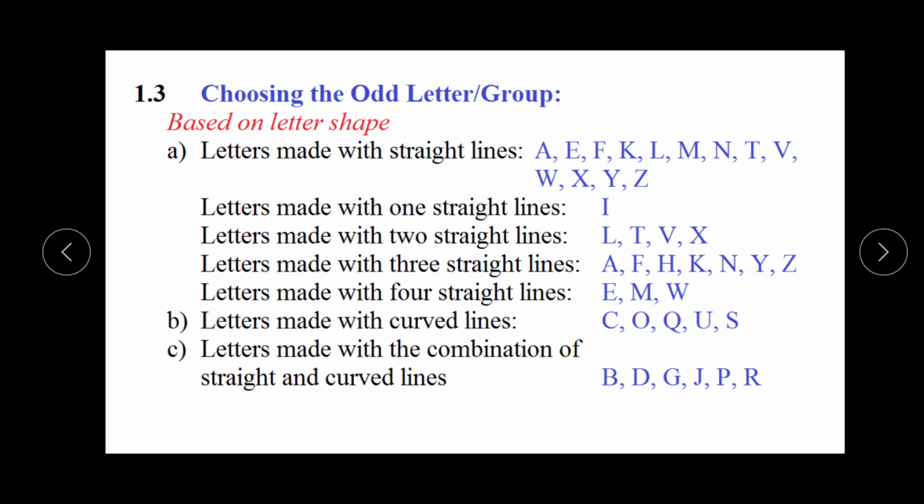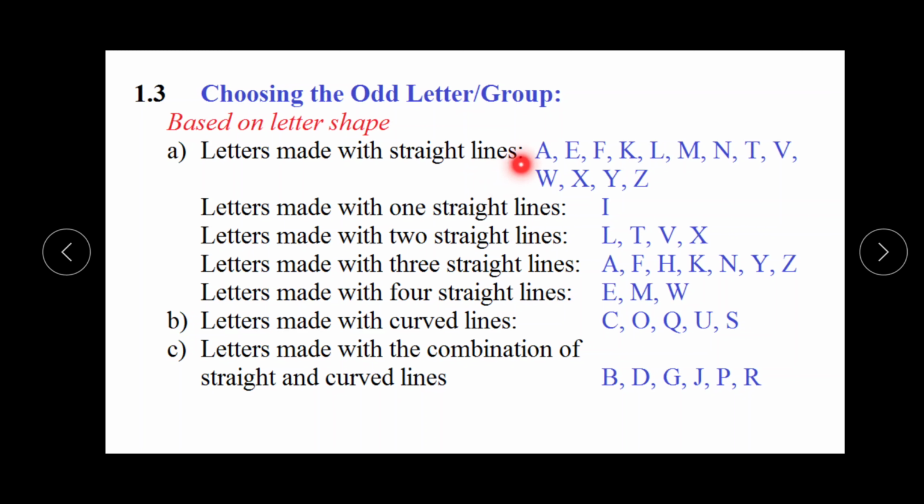Choosing the odd letter group. Based on the letters, we can classify the alphabets. We can look at vowels and consonants, and also at their shape, or at the first half and the second half. We know about the first half, second half, vowels and consonants. But if we talk about the shape of the alphabets, I think not everyone knows about this. So here are some descriptions about the shape of the letters.